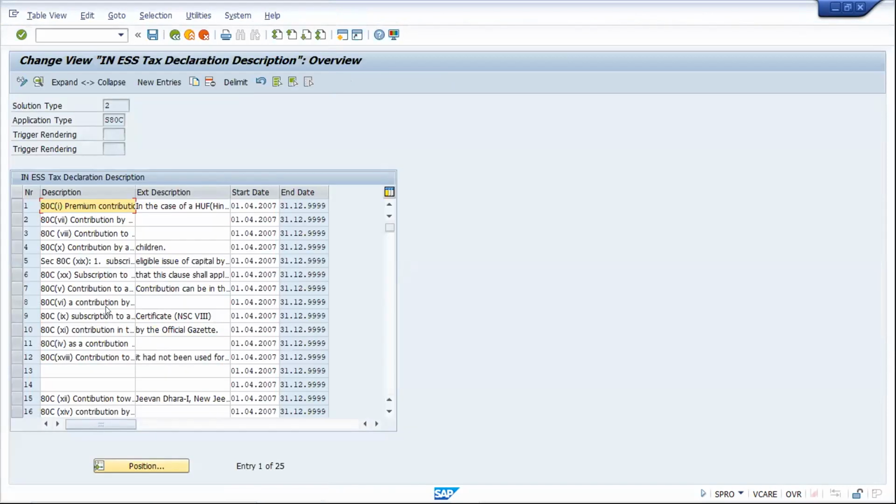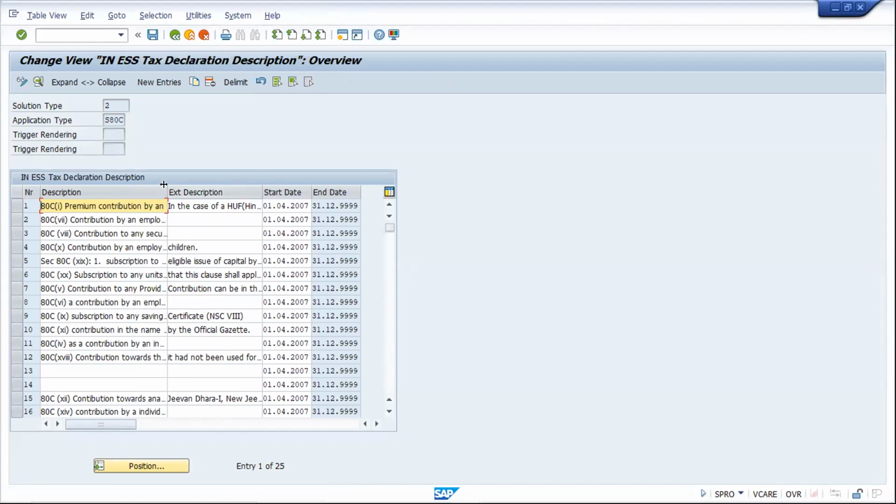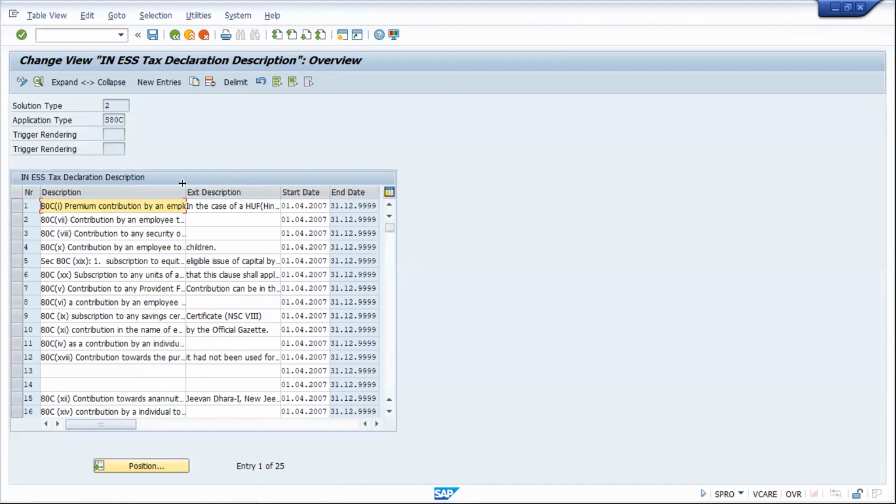This is required if you would like to change some description or text here. These are editable. Can you see that? ESS text declaration, some kind of description. I do not recommend changing anything because these are mostly standard. In case you would like to give some special instruction in the extended description, you can write those things in column number 3. SAP has given that provision for the declaration description, in case there is some case-specific thing you would like to show. You can edit here and the same will be visible to the employee.